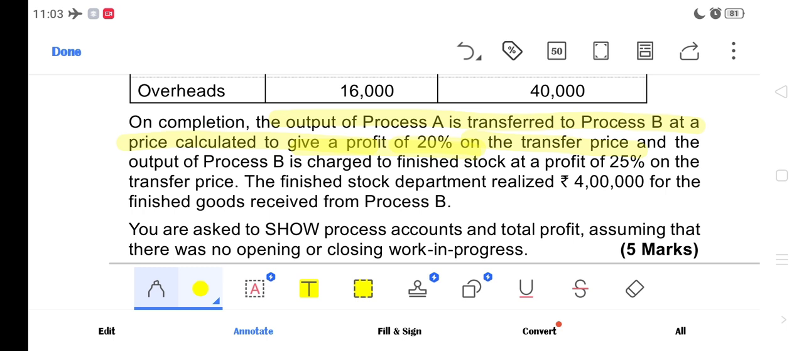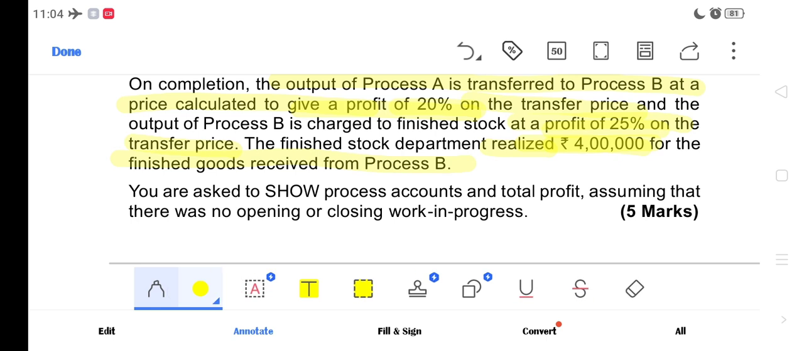And the output of process B is charged to finished stock at a profit of 25% on the transfer price. Now the finished stock department realized 4 lakh for the finished goods received from process B. So whatever is the output received from process B, they have realized 4 lakh. So upon the sale of output from process B, they have realized 4 lakh amount. So what is the cost you have to find out, and what is the profit you have to find